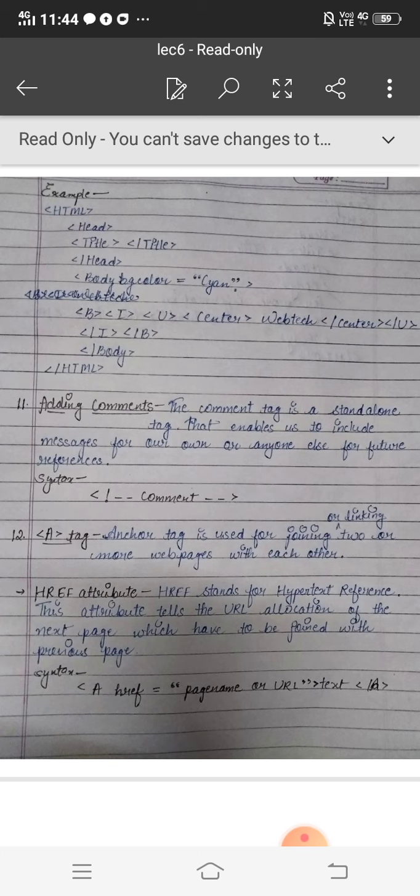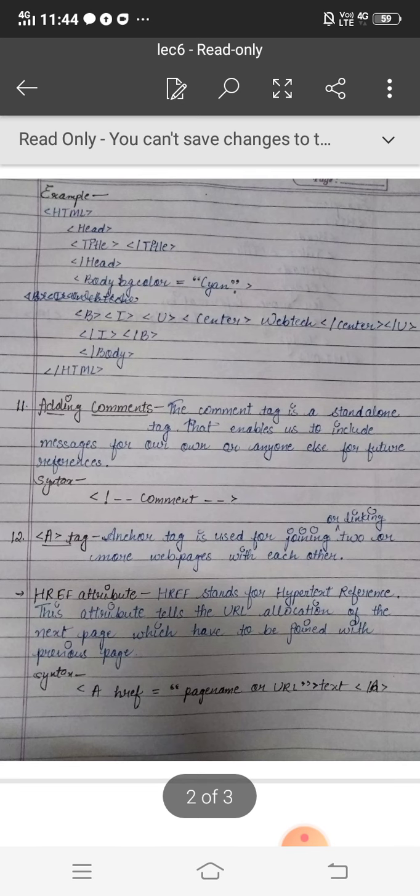As we open HTML first, we off HTML last. Similarly, here we have used B, I, U, center.